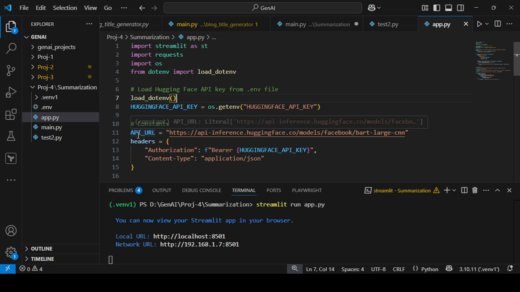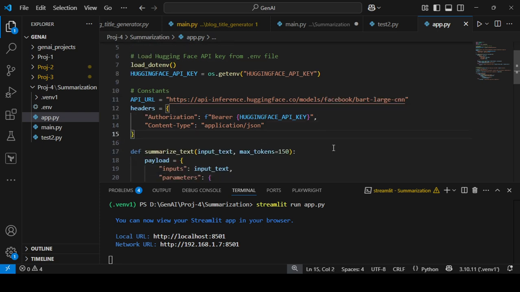Next, we are mentioning the API URL. This is the Hugging Face URL, and this is the model URL which we are using in this application. We are using BART large CNN, this is the model name. We are accessing this model using the Hugging Face API, so this is the API URL.